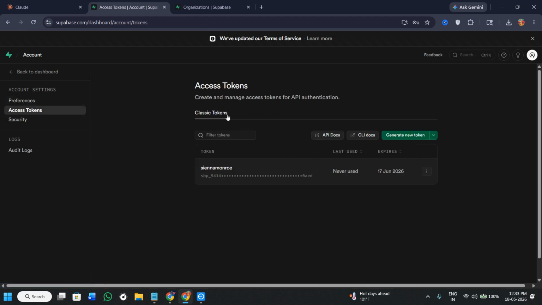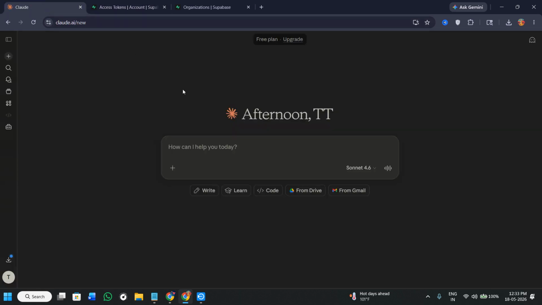Now when you are here inside the access tokens page, you are going to see your token available, which you can just simply click and then copy from here. Now if you are not able to find it over here, you can also click on the option of generate new token, and then you can generate a new token by providing your email address and your password. Now when the token is available here, you just have to copy this from here,